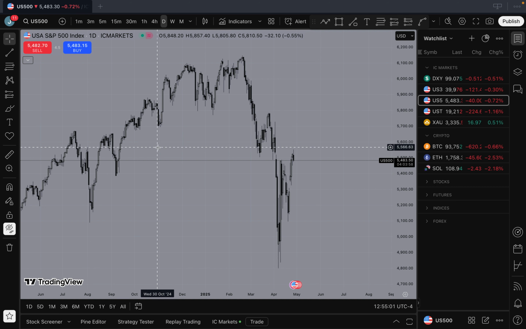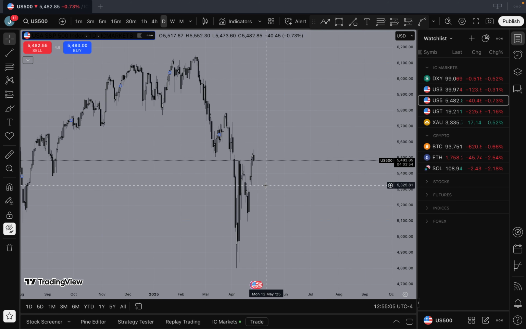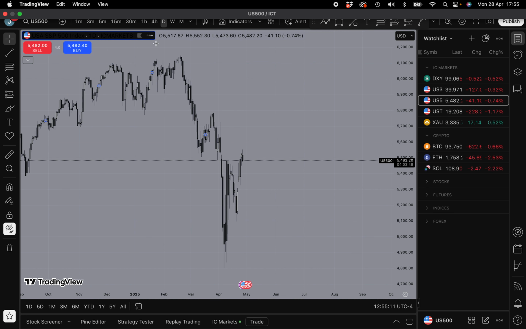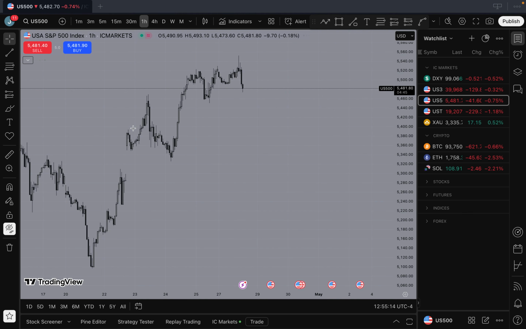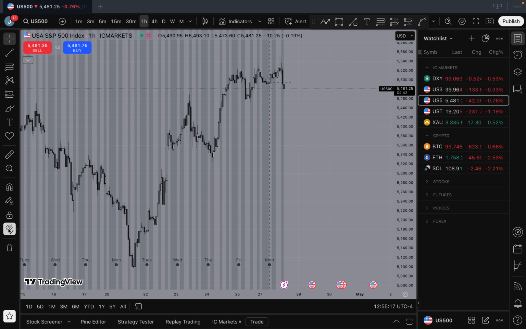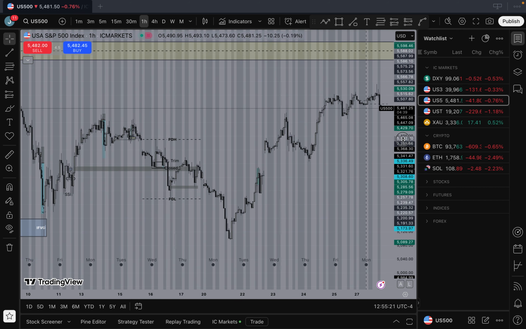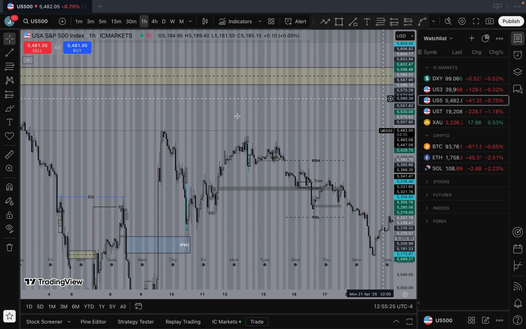Looking at the daily chart on what we're on here, the S&P. So we've now come up into this gap. We swept something on a lower time frame, or at least on the hourly, I think. So yeah, the main draw that I've marked out is this order block up here.